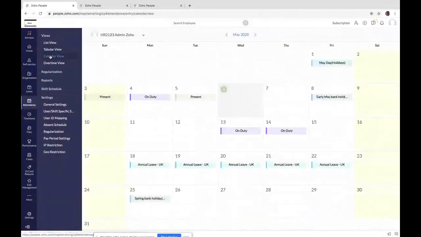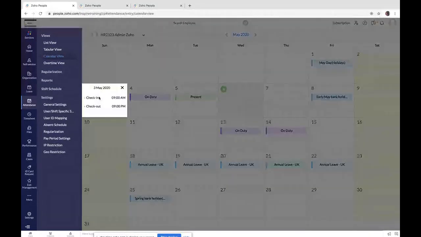Moving on to the calendar view. Here you will be able to see the entire attendance, leave, and holiday activity for a respective employee. Say this employee has a holiday on 1st of May, has applied a leave on 4th of May, and has been marked as present on 5th of May. In this way, you'll be able to see the holiday data and the defined weekend in a color code definition, and whether he's been marked as present or absent. His first check-in and last checkout can also be seen by clicking on this tile.